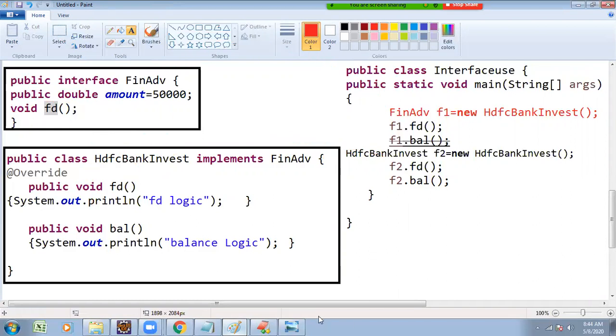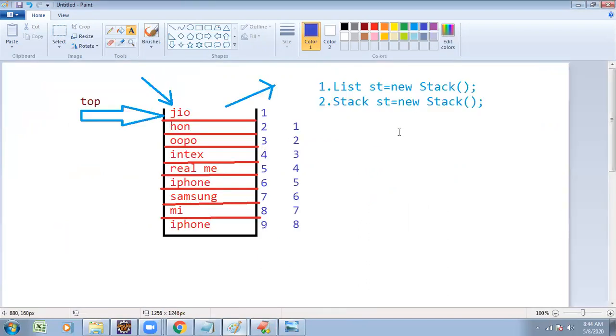When we created the object based on the List interface reference, only List interface methods are accessible. For Stack, List interface methods apart from any extra methods are also accessible. That's why, based on requirement, we can write the above line of code or below line of code. Now we want to concentrate on how to create the stack application.